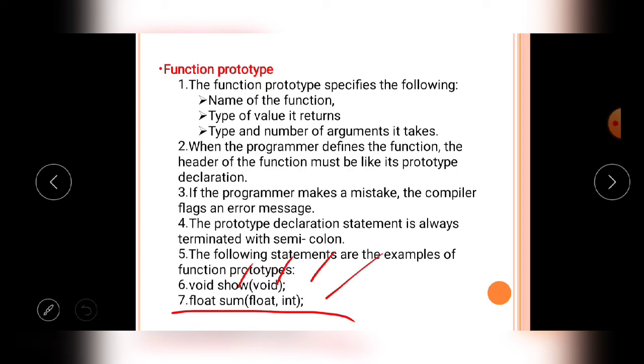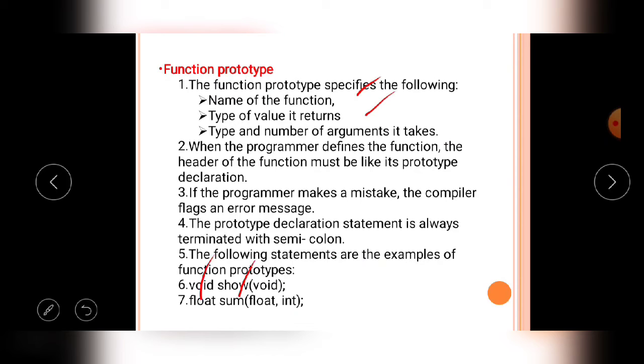So the function prototype specifies the name of the function. Here the name is sum. Then the type of value it returns: after completion of the execution, the sum function returns a float value. Third point, the type and number of arguments it takes.